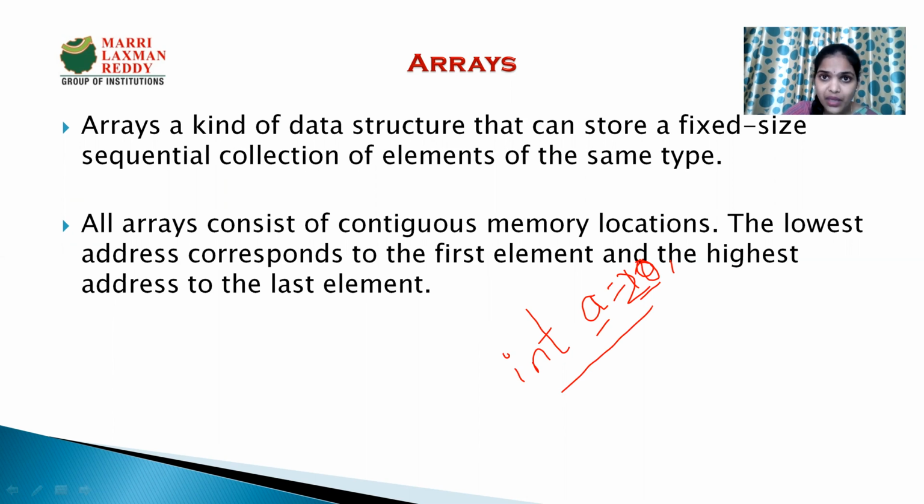So in some cases, if you want a variable to hold more than one value, it is not possible with this general declaration of a variable. So we go for the concept of arrays. In case of arrays, we can assign more than one value to a variable which is of the same type. That means if I declare it of integer type, I can store only integer values into this variable. If I declare it as character, I can store only characters into that variable.